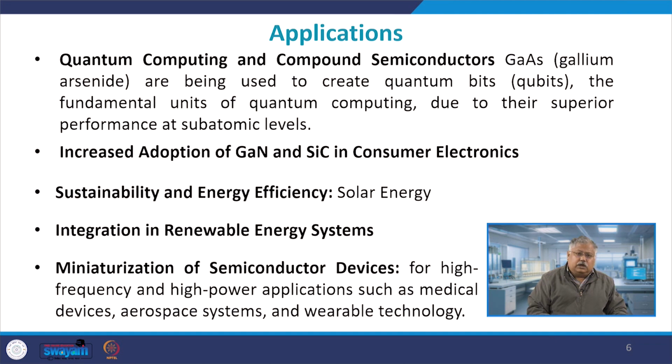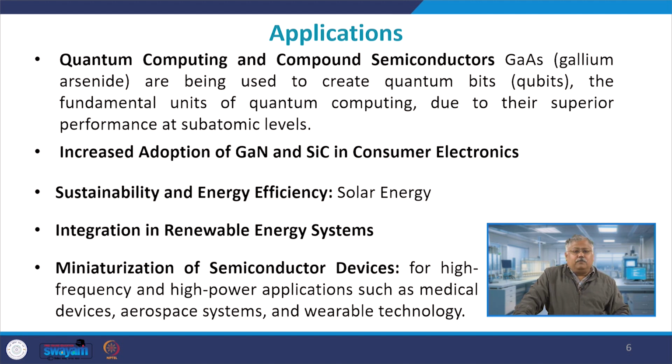Now, let's come to the other application area. One area which is coming up, if not in a very big manner, but it is coming up nonetheless, is the quantum computing area. Why? Because most of your sensing application for quantum computing is typically done on microwave scale, and that's where compound semiconductor comes into picture, right? And therefore, they are fundamentally used to detect the qubit, right? And the information carried by the qubit through a microwave, they are detected, and that's where gallium arsenide is used in a